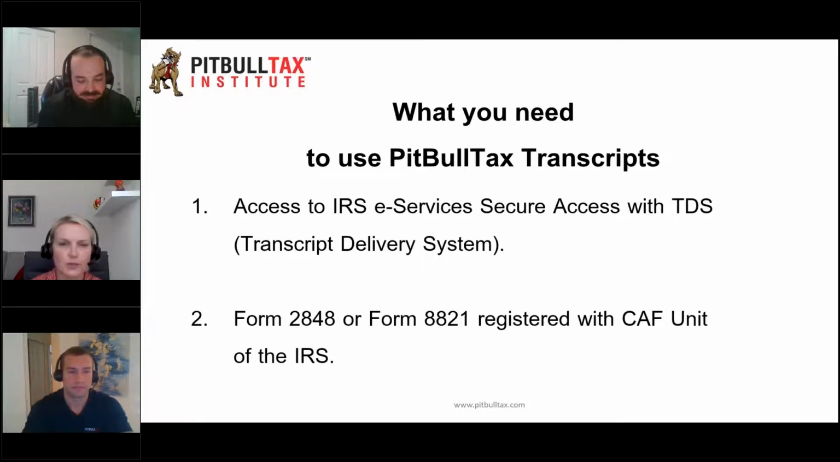Will, please continue. All right, so the other thing you'll need to pull transcripts through the Pitbull Tax Transcript software is you will have to have either a 2848 or an 8821 registered with the CAF unit of the IRS. So you will have to get a power of attorney signed or 8821 signed and faxed over to the CAF unit, and then they'll have to register it. And once it is processed through the CAF unit, then you'll be able to pull unlimited transcripts for that particular client through